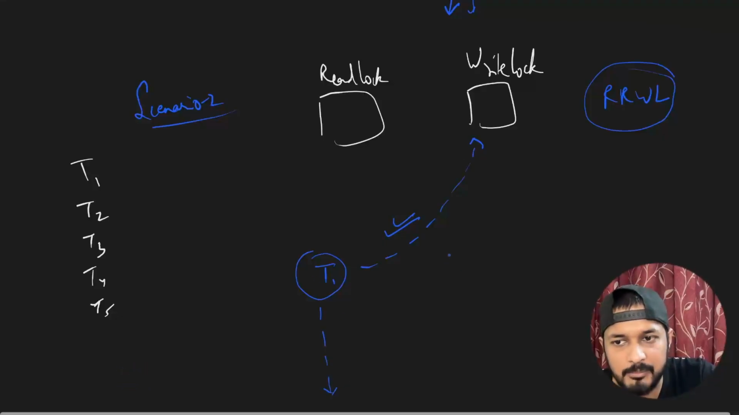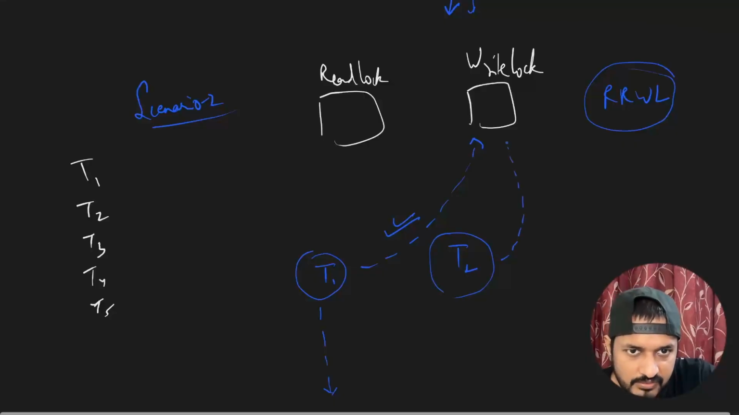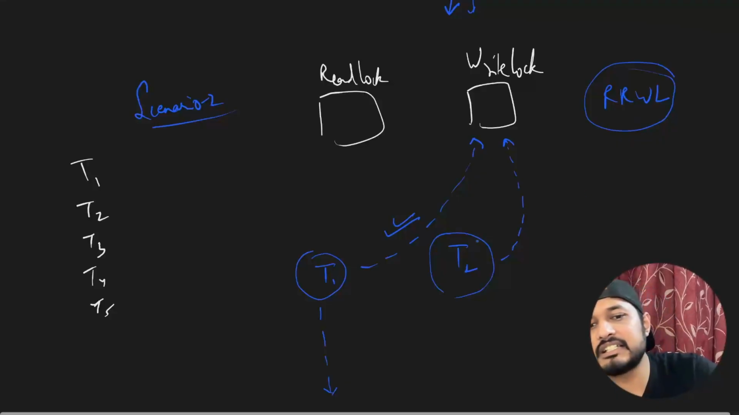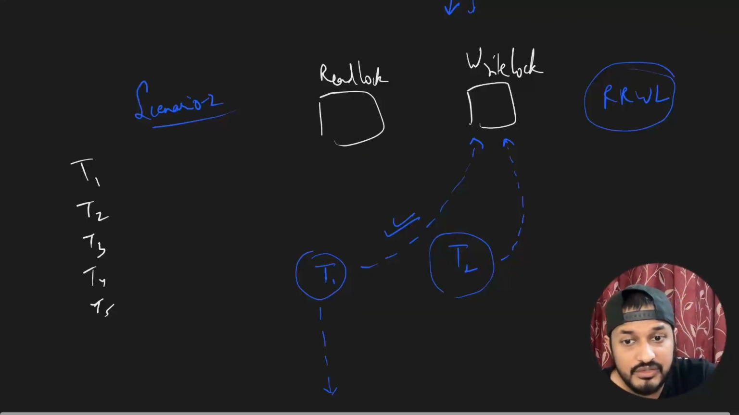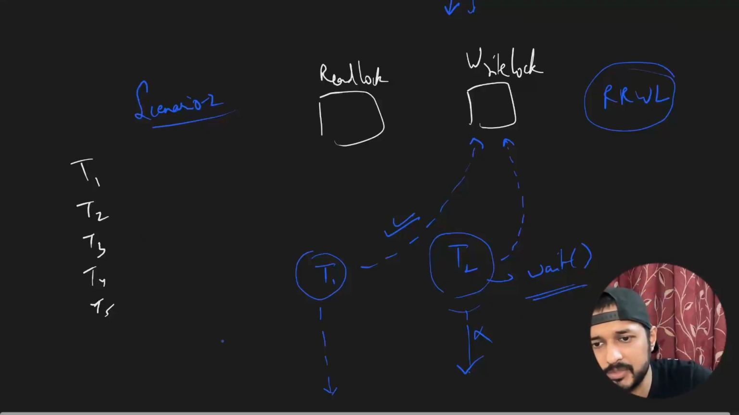Now at the same time, after this, if T2 comes and tries to acquire the WriteLock, what will RRWL check? It will check whether any other thread is acquiring the ReadLock or not. It is not. Cool. Whether any other thread has already acquired the WriteLock or not. Actually, T1 has already acquired the WriteLock. Therefore, T2 will not be allowed to acquire the WriteLock and perform its operations, and T2 will be kept in wait state. Correct? Now suppose T3 comes